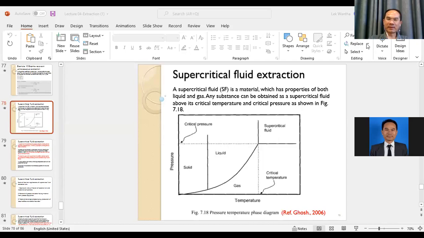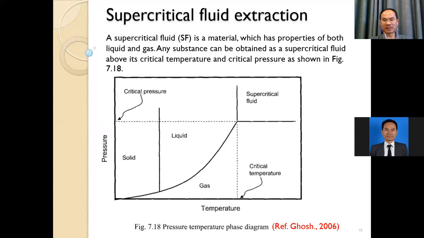The next technique for extraction is a special case, and it is also the technology that we call green technology. That's why it should be used, and it is suitable for the bioprocess. If we use an organic solvent, there are some chemical effects on the bioproduct, and